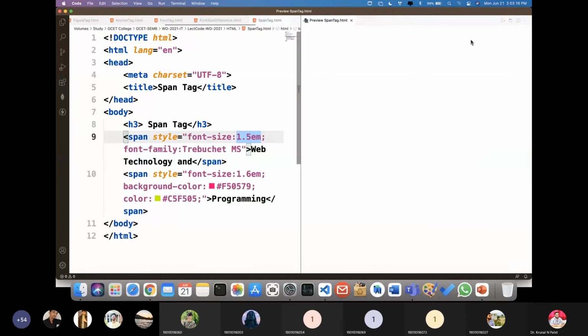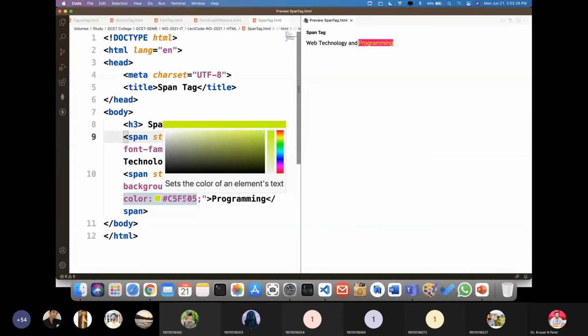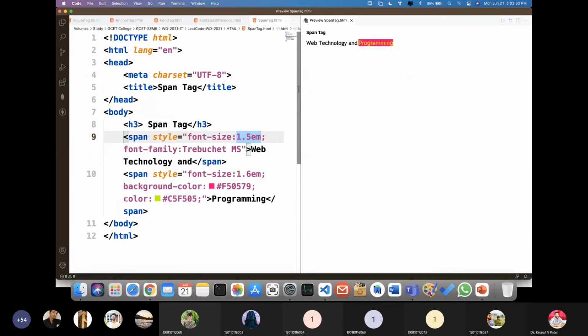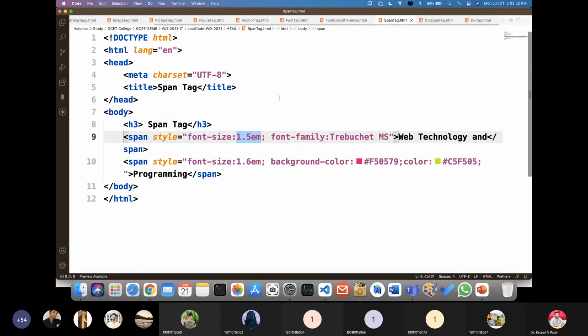So let's see the output of this. Here you can see the background and the foreground color, the text color, right? You can differentiate between them. Background color is denoted by background dash color and text color is denoted by simple color. So you can see this is a span tag, and this is again a span tag. For individual particular lines, you can just go for it. The second thing is, this is very easy, right? You can define different stylings according to the span.